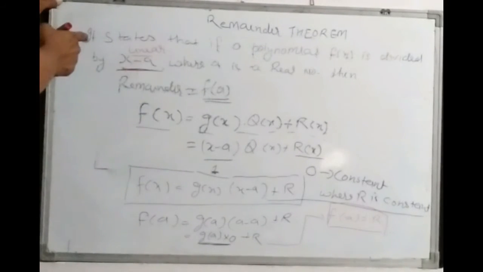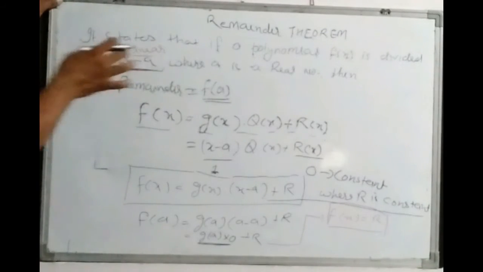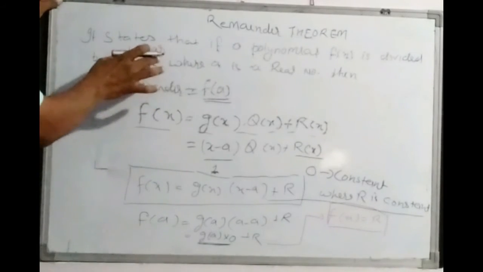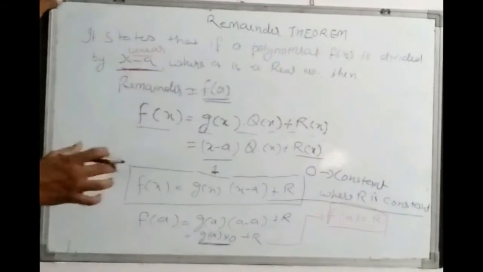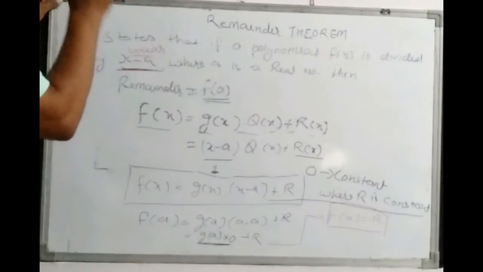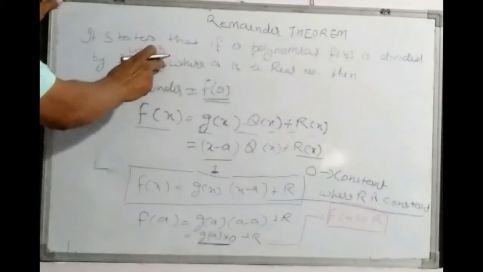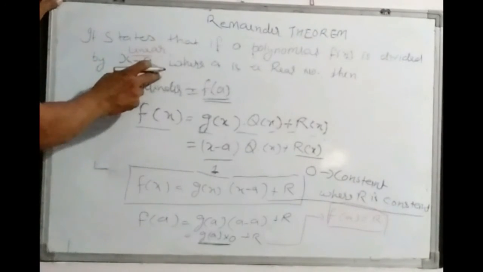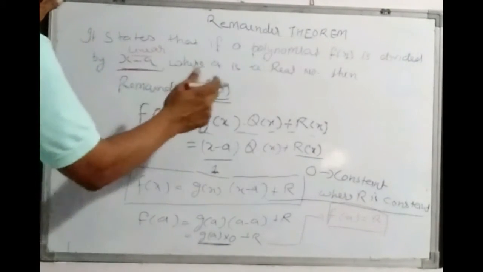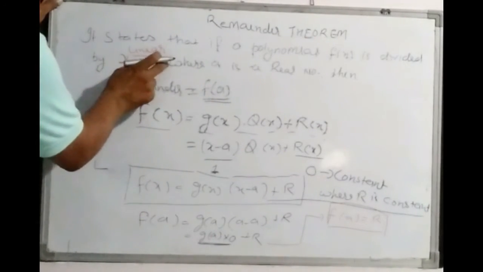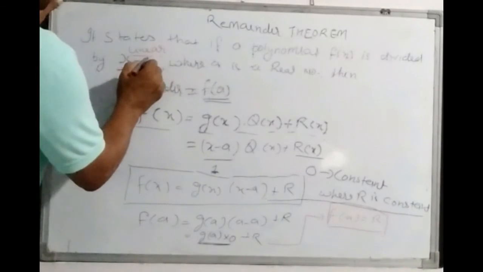Second thing that you are seeing here, what is a and how to find a. So a, if you will see in this case, a is 0 of this x minus a. 0 means if you replace the value of x by that number and we get 0, then that value is known as 0. So x minus a का 0 क्या है? 0 फाइंड आउट करने के लिए क्या करते हैं हम? We simply put this whole polynomial equal to 0. So what we will get? x is equal to a. So a is a real number. And second thing,